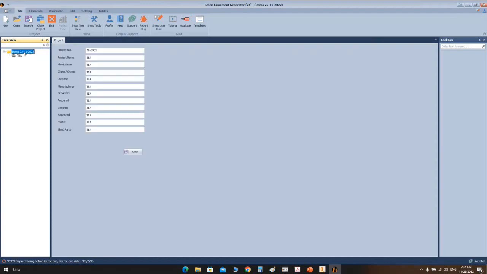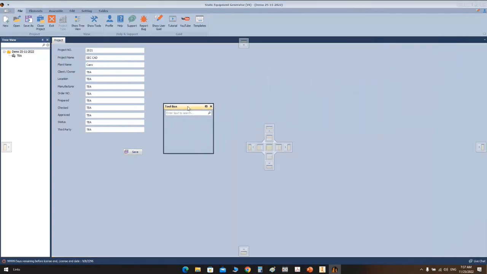And from here, let's select the project node. You can define the project number, the project name, plant location, and some other information here. Let's click on save. Okay, now the information will be saved. Here, as discussed, you have some